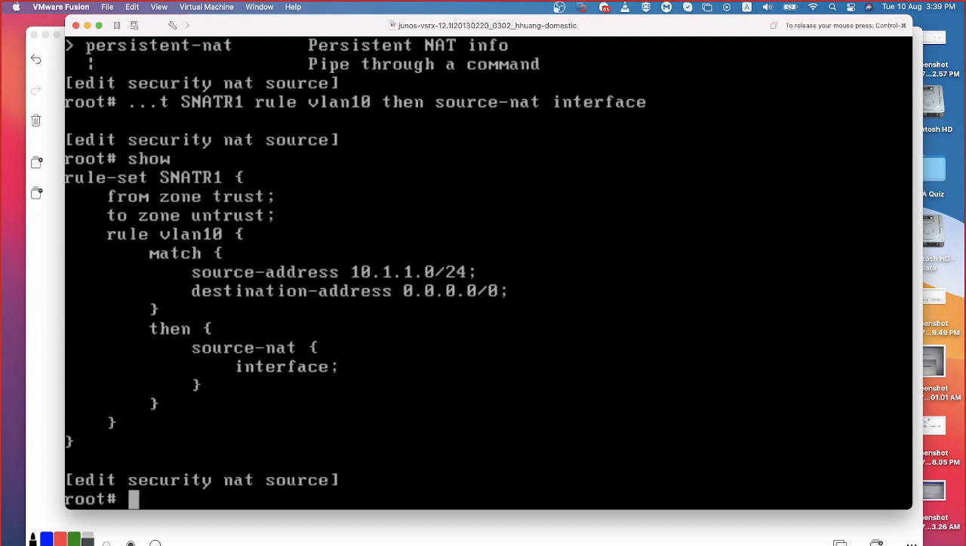Now check it out. What is it that I have done? Can you see that? I'm creating a rule set of SNAT R1. The traffic direction is from zone trust to zone untrust. The rule which I have created is